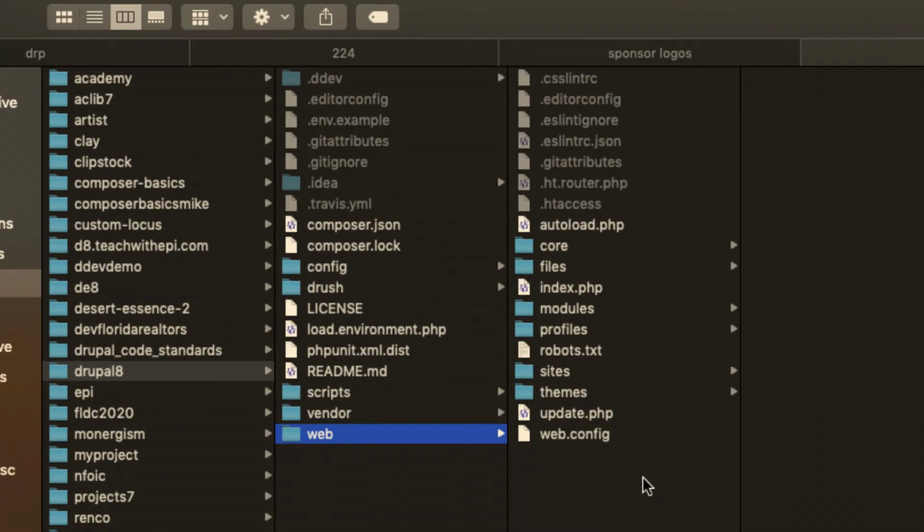so scaffolding files are basically, here's my web directory, so this is Drupal 8. Scaffolding files are basically all the files that aren't core. So all of your hidden files, your autoloader, robots.txt, index.php, update.php, web.config, these are scaffolding files that are not included as part of Drupal core. When you get the Drupal core dependency, the only thing you really get is what's in the core directory. So somehow our composer template has to provide these other files, and there's actually some of these as well on